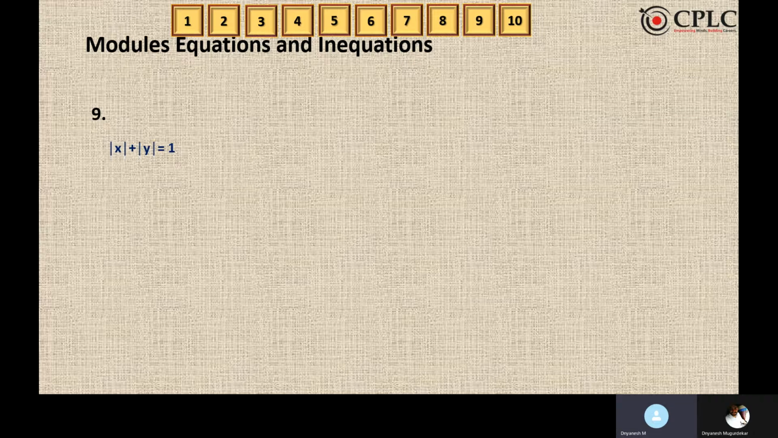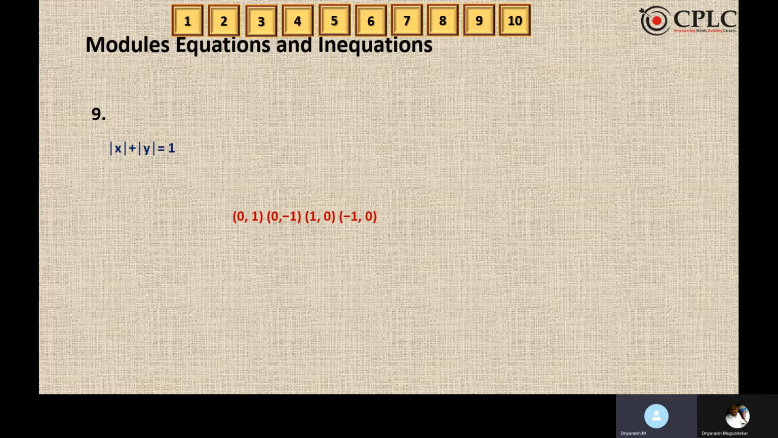Now when you start solving, in one case you consider both of them to be positive, so you get x plus y is equal to 1. In one case both of them will be negative, that is minus x minus y is equal to 1. In another case x is positive, y is negative, you will get x minus y is equal to 1. And the last case, x is negative and y is positive, so you will get minus x plus y is equal to 1. Four equations, you solve them simultaneously,